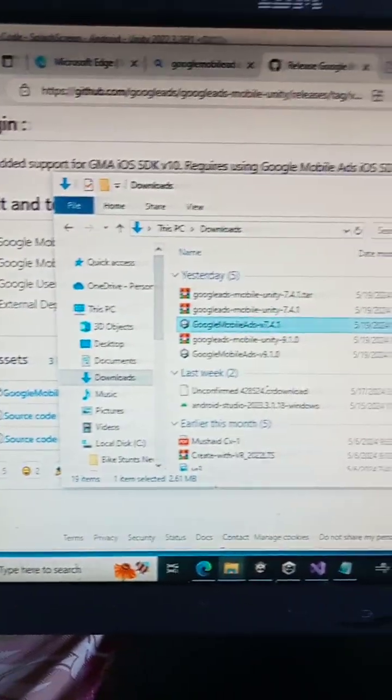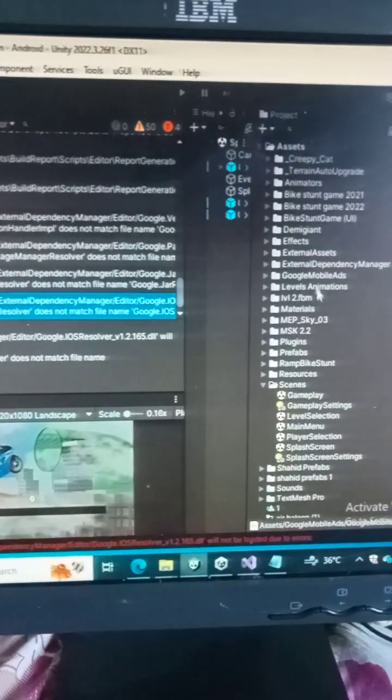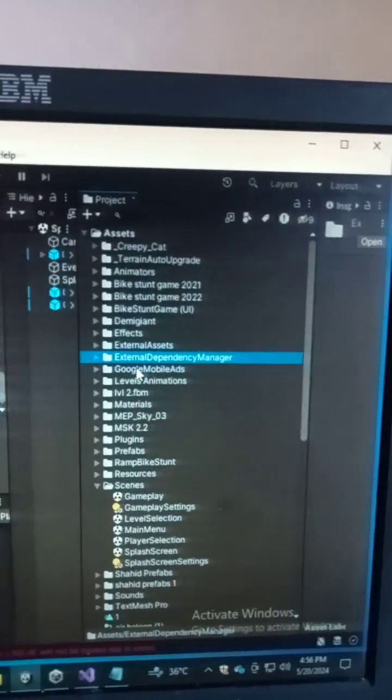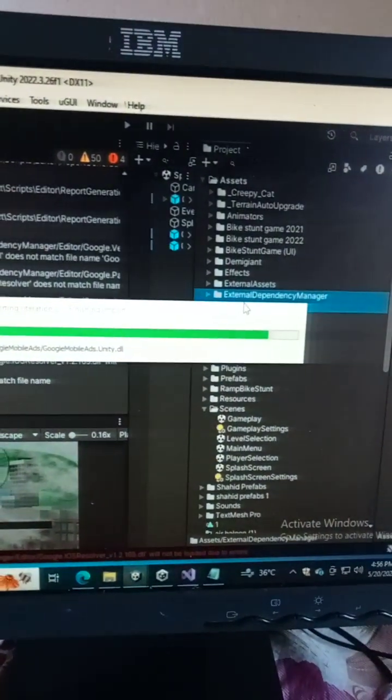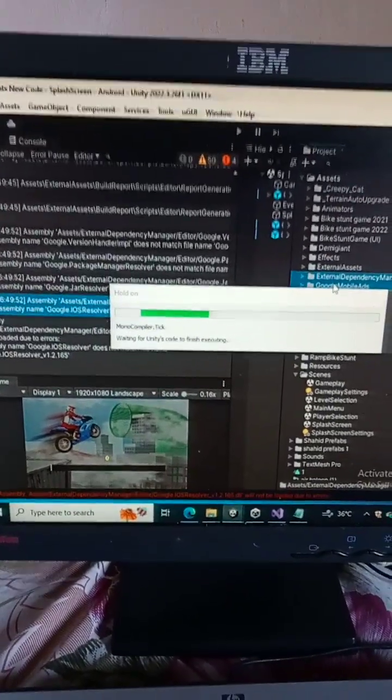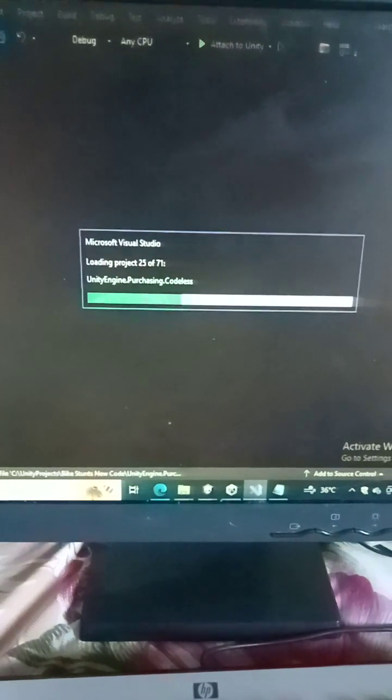Now you can go to your project and delete these two folders, External Dependency Manager and Google Mobile Ads. Delete this. It takes a while, so wait for it.